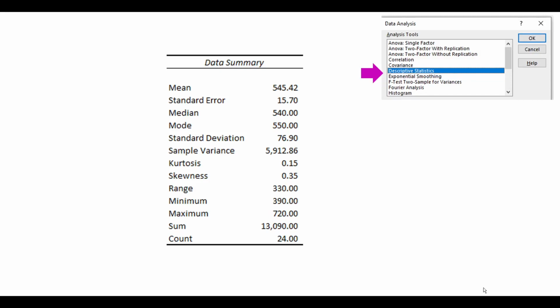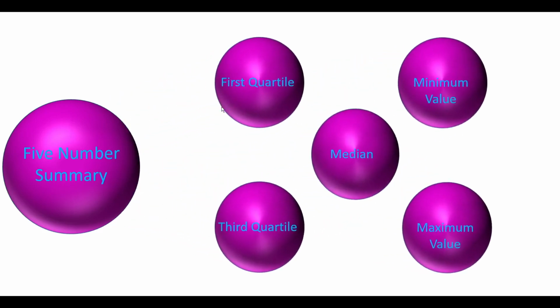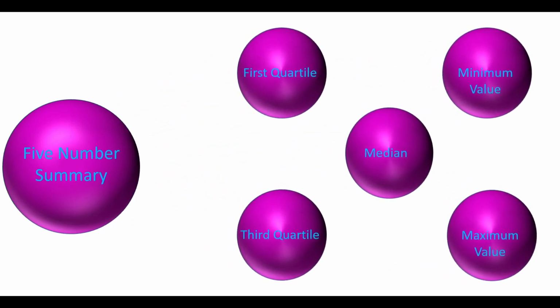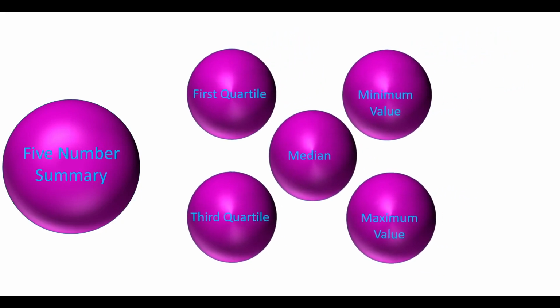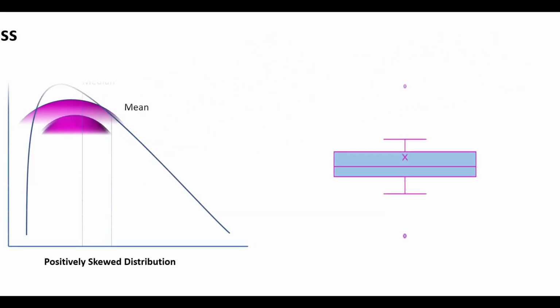In the video Fast Descriptive Statistics using Excel, we discussed how you can use the Descriptive Statistics Analysis tool so that you can have a table containing the most important statistical measures that can describe your data. However, if you want to visualize some of these measures, you can use the box and whisker plot. It's actually a 5-number summary because it contains 5 measures, like the first quartile, the third quartile, the median, the minimum value, and the maximum value. And if you combine them, you can have an idea of the skewness behind the data.